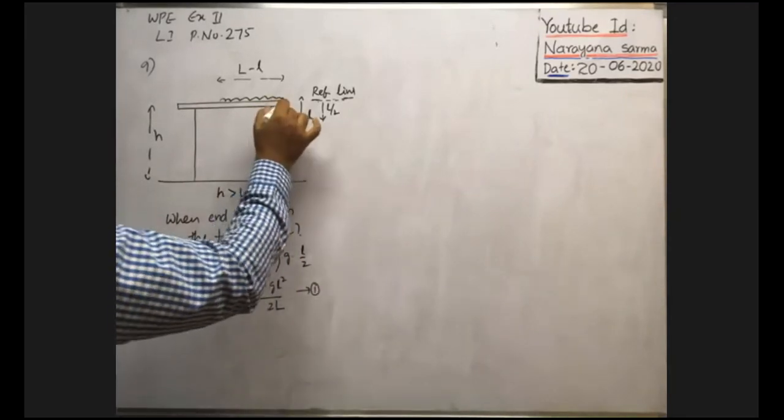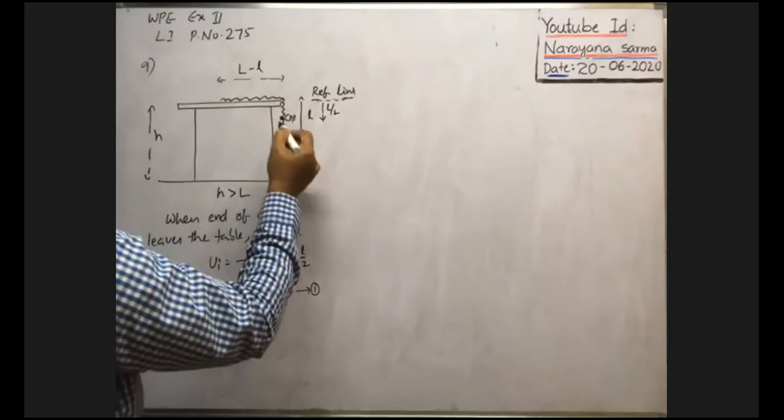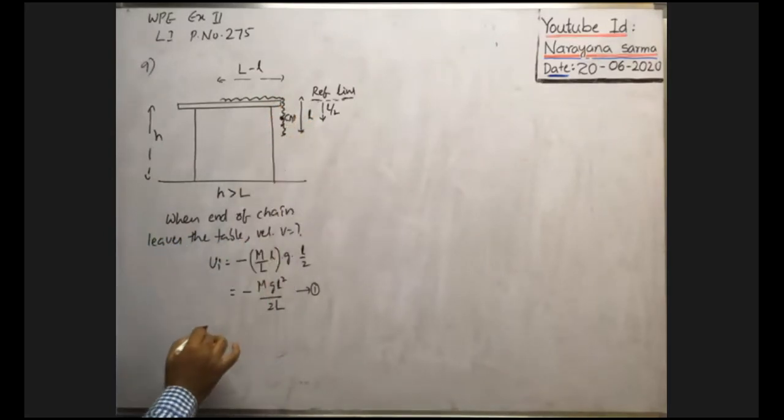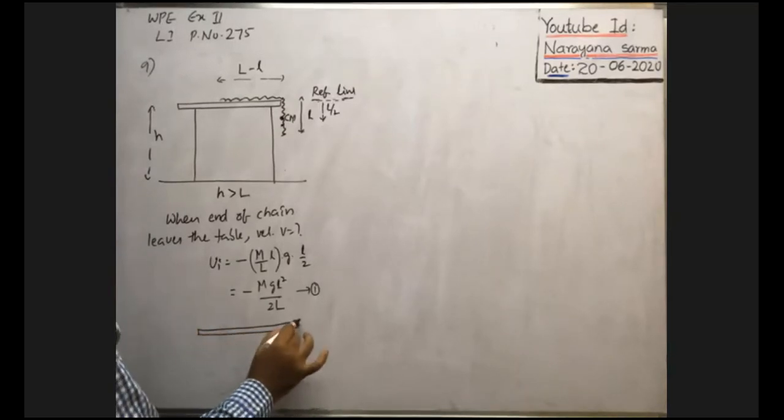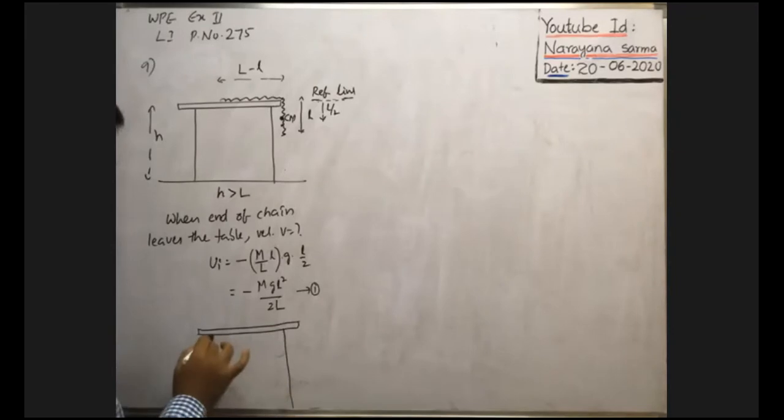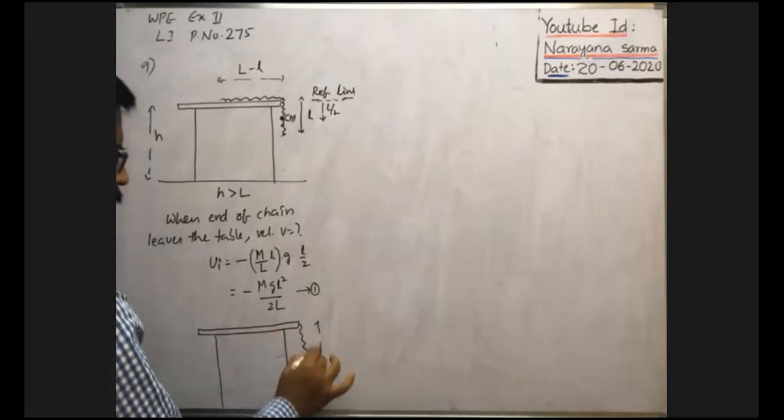Okay, now whenever the edge of the table, suppose you see the table is like this, whenever the chain slides and the last edge of the chain is ready to leave, the total length is equal to L. Now